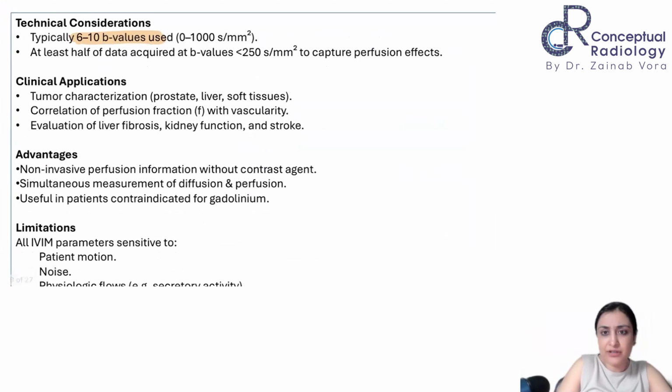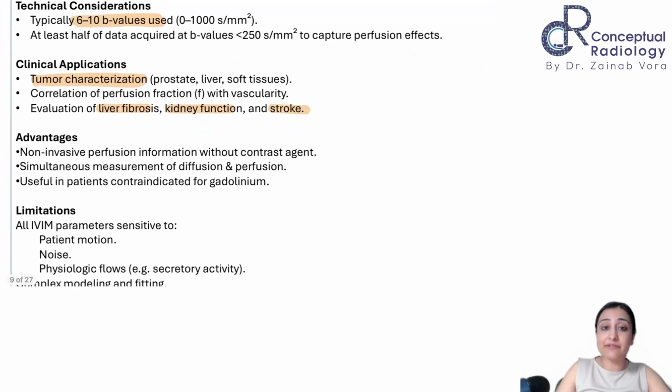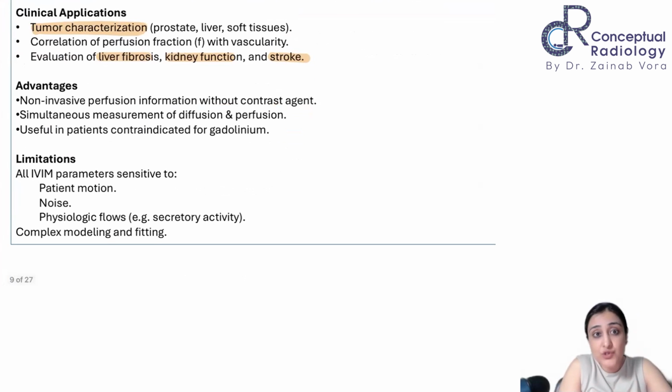Applications क्या है? Again, wherever we want perfusion, right? So, tumor characterization to see perfusion. That's it. So liver fibrosis, renal function, strokes are recent advances. So mainly wherever you want to do perfusion, in tumors you want to see increased perfusion. So that's the application, right? In stroke you want to see perfusion. So that's the application. Yes, it is very similar to K-trans of DCE, you know, all the parameters that you get with DCE and DSC, right? Your T1 and T2 star perfusion, similar sort of an effect without giving contrast.